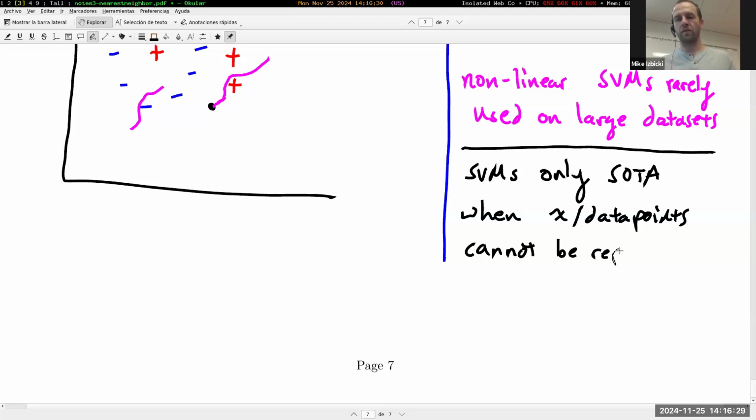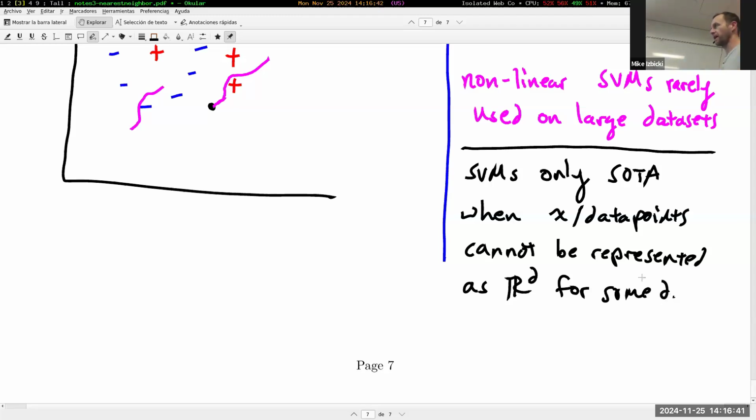They cannot be represented as R^D for some D value. If your data can't be represented as a vector, then neural networks, you can't use